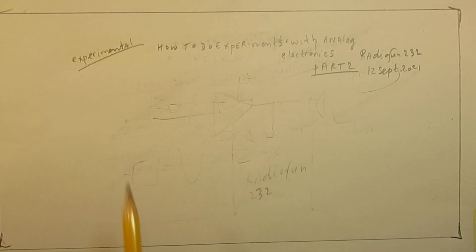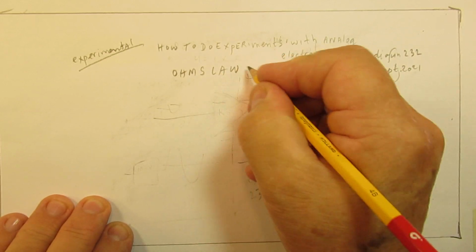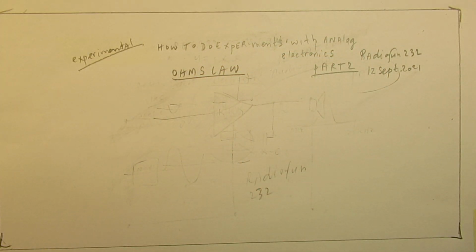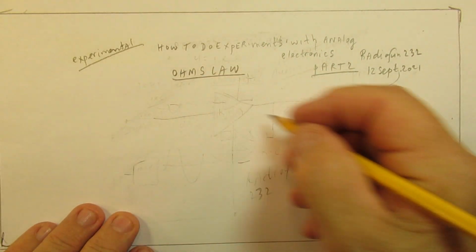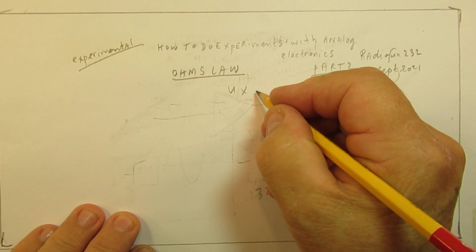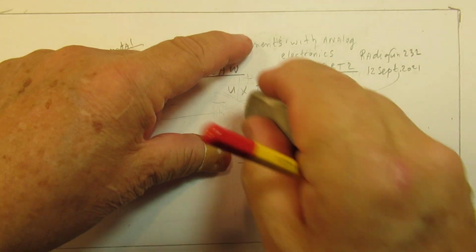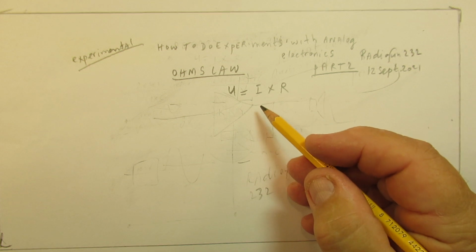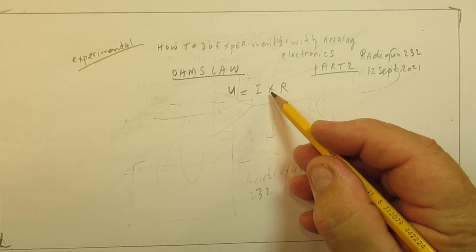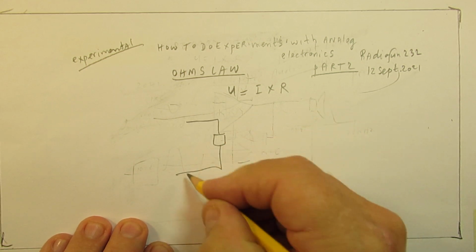Part 2 of how to do experiments with analog electronics. Again, Ohm's Law, and that's an important law in electronics, and it is U is I times R. Voltage is current multiplied by resistance. We have a resistor here,